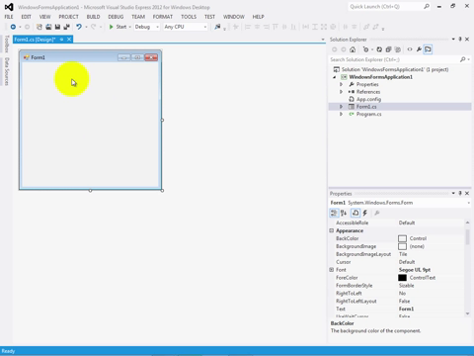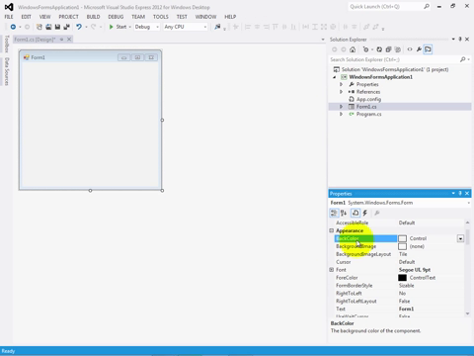So for example, at the moment my form in design mode is selected, and let's just say for argument's sake that I want to learn more about the back color property. First, in the properties window, one of the things you'll notice is down at the bottom here you have some quick help, which gives you a very brief explanation of the purpose of the given property. But let's say you wanted to see the full documentation for that property. So what I can do is click back color in the properties window, press the F1 key, and it'll open